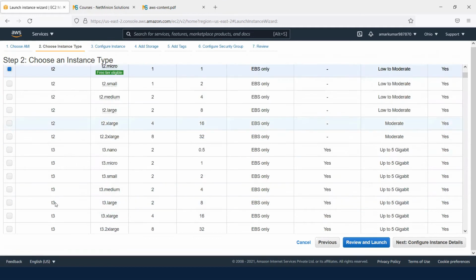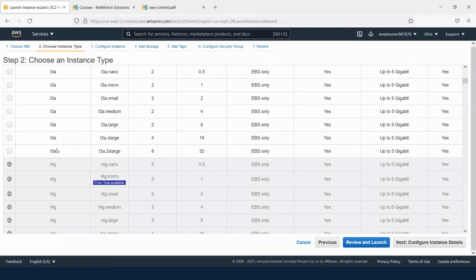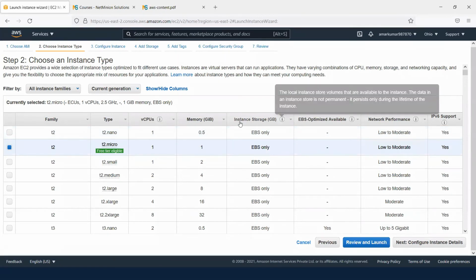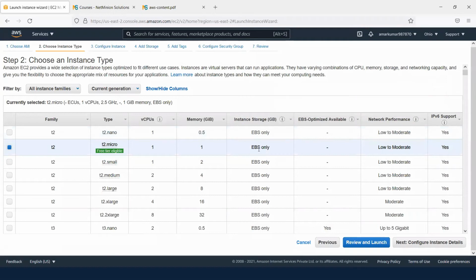There are different machine families, and within those families we have different capacities. If I select this machine, it has 1 virtual core of CPU and 1 GB of memory. And for instance storage, it provides EBS only.